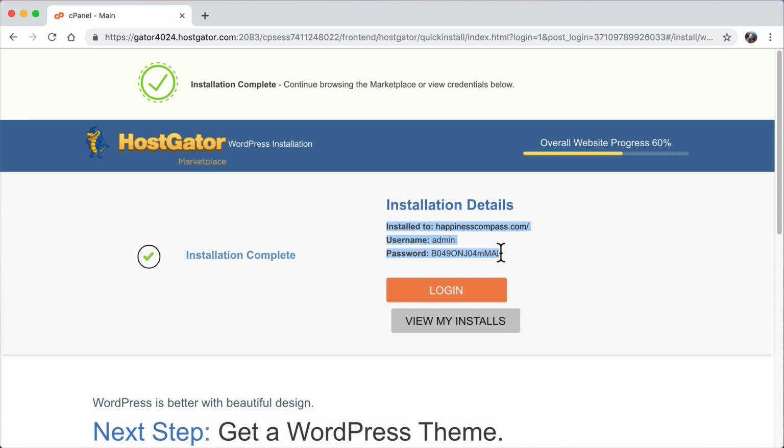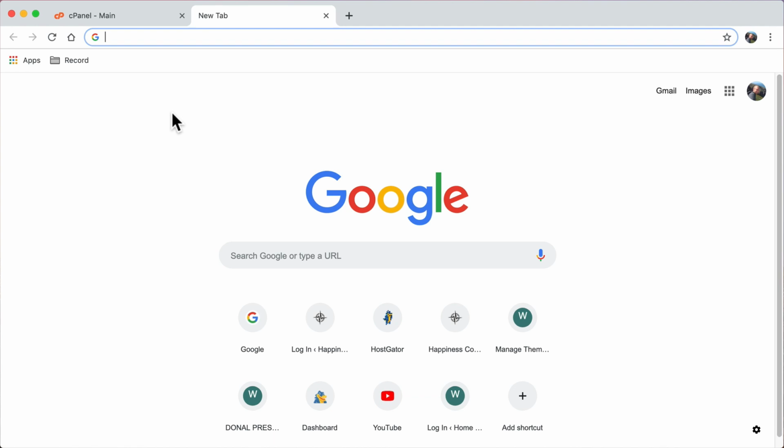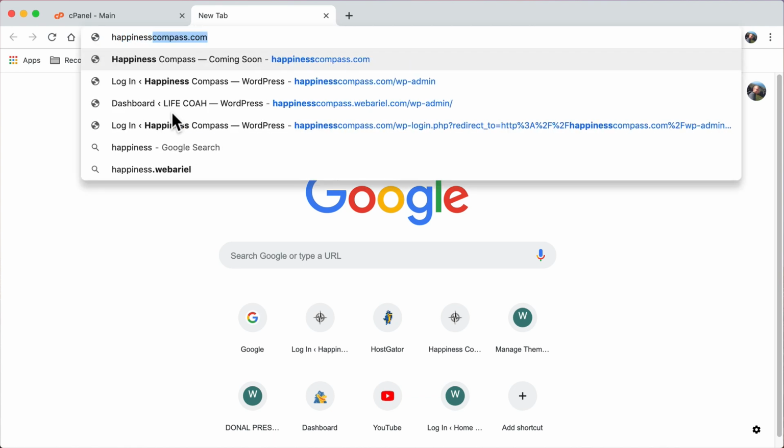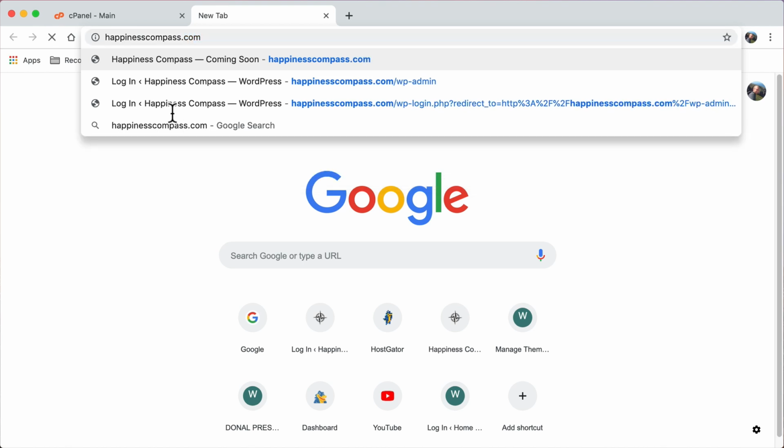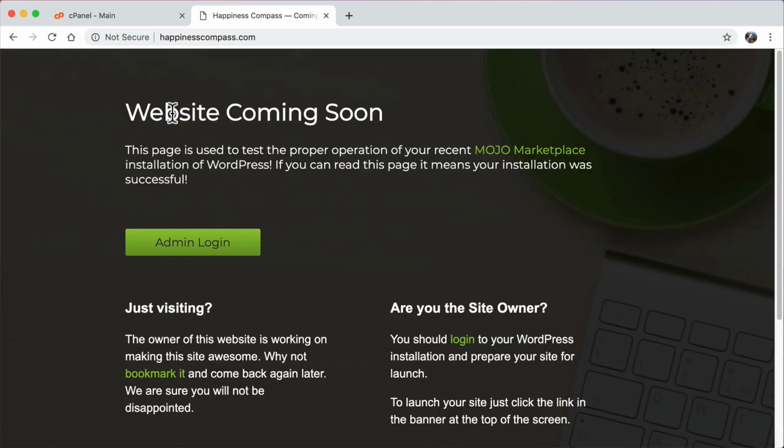The next thing that we're going to do is log into WordPress. To log into WordPress, we're actually going to open up a new tab. And let's put in our URL. And we can see this website coming soon page. Sometimes if you go to your website right after you've purchased your hosting, it won't work. It'll come up blank. That just means that you have to wait a couple of hours in order for it to work because your website takes a little bit of time to spread across the entire internet and work in every location. But if we see this website coming soon page, we know it's working,